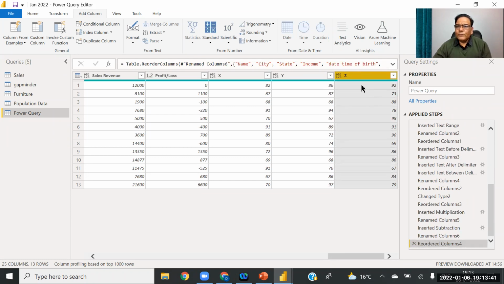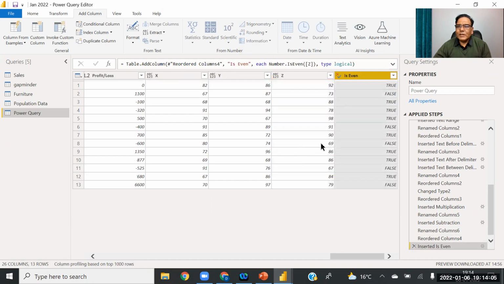I am showing you one more thing. Suppose I want to know whether these values are even or odd. Although it's a silly question, it may be helpful sometimes. For example, if I go to add column, now I'm going to a new function called information. You can see this is the information, and you are asking the software to tell you whether the number is even or not. The software says this is an even number, true, and this is an odd number, false.